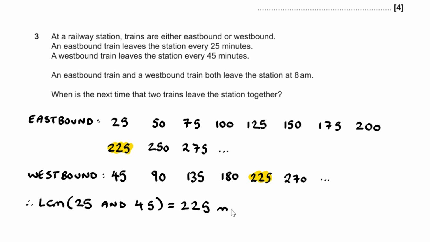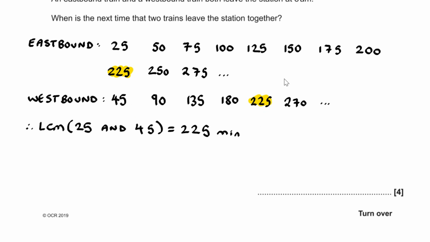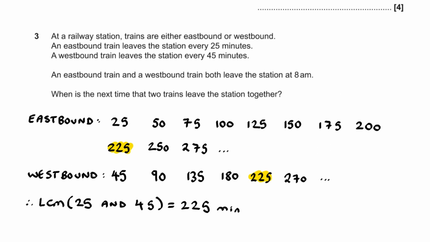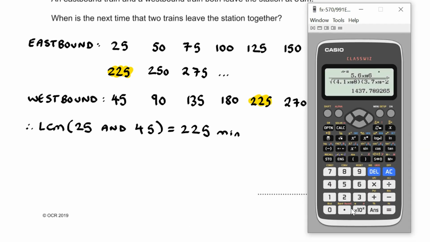So we've got 225 minutes that we need to add on to 8 AM. Well, what we can do as well is convert the minutes into hours and minutes. To go from minutes to hours, we would have to divide by 60, and hours to minutes, we'd have to times by 60. So if we do 225 divided by 60, what we get is 15/4, which is 3